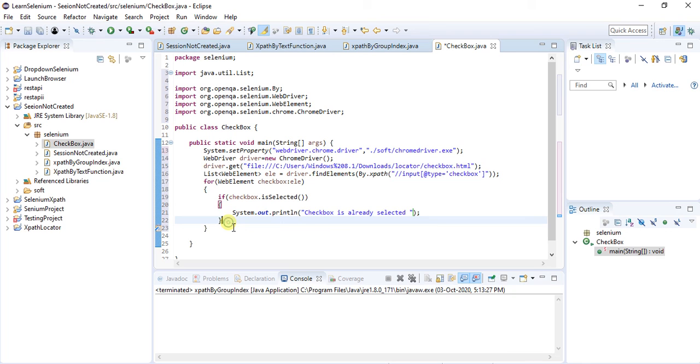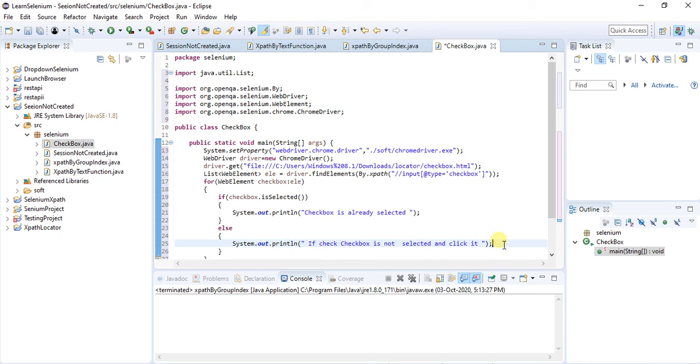Okay. Yes. So if the checkbox is not selected, and click it.